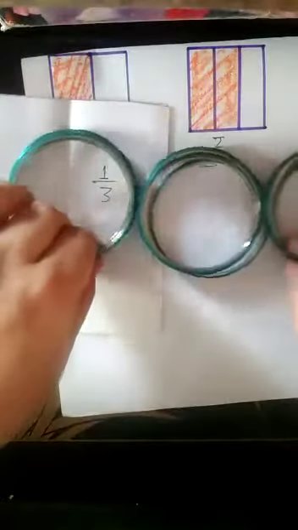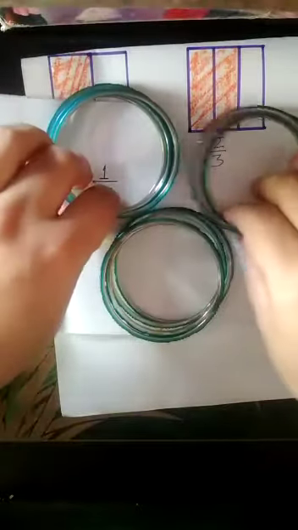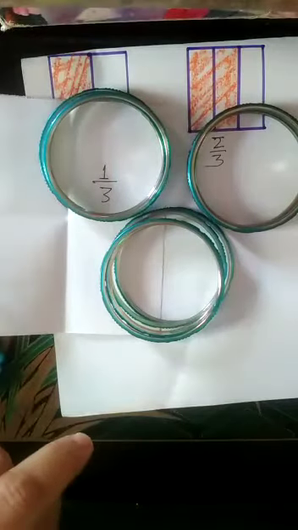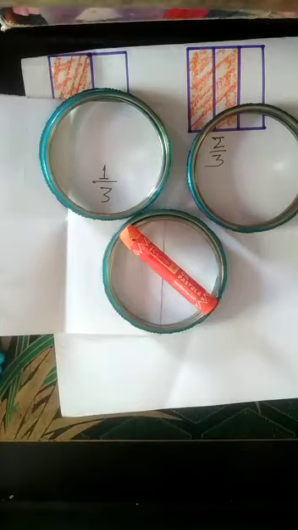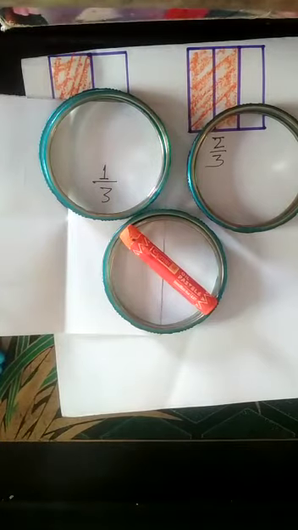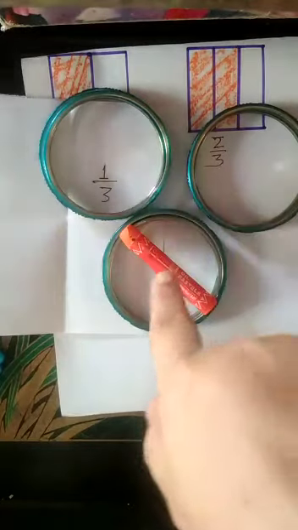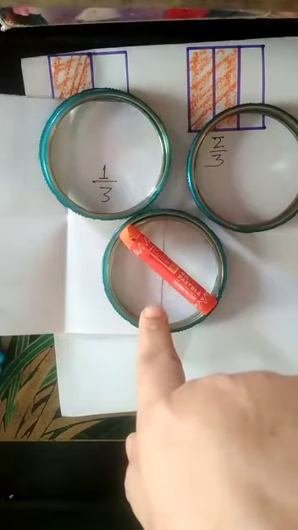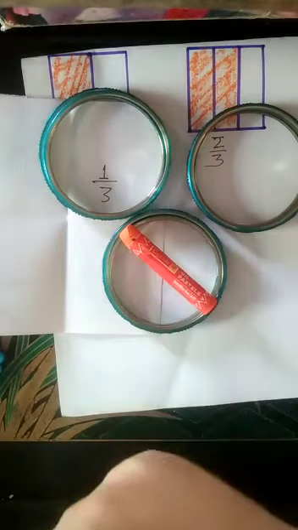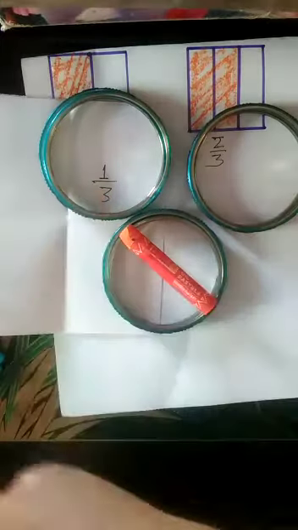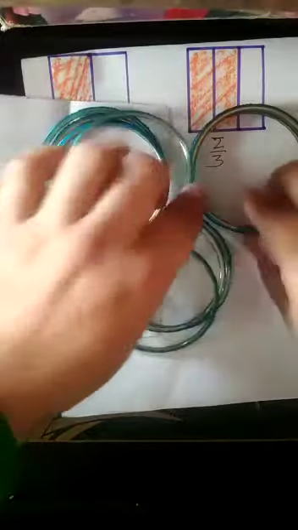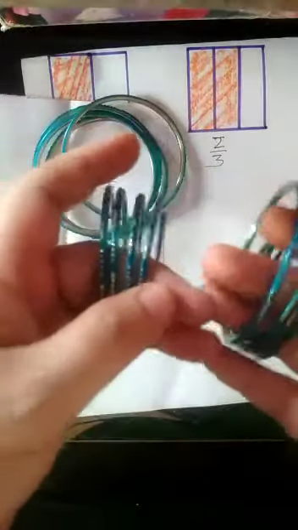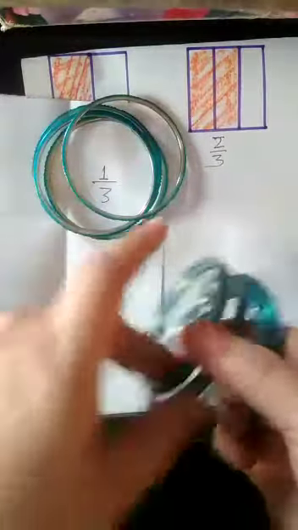If I divide it into 3 equal parts, 4 each. Now I divided this into 3 parts. And from these 3, if I kept this color on this bangle, how much fraction is covered by this color? From 3, only 1. So how will I represent it in the form of a fraction? This one, 1/3. Clear?